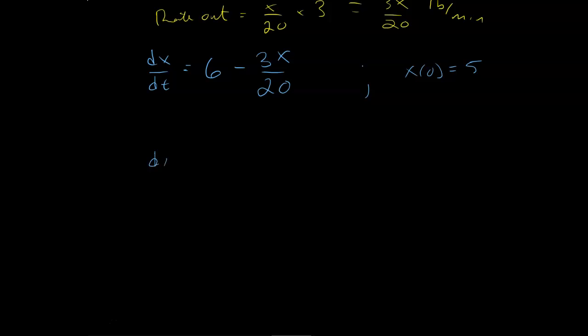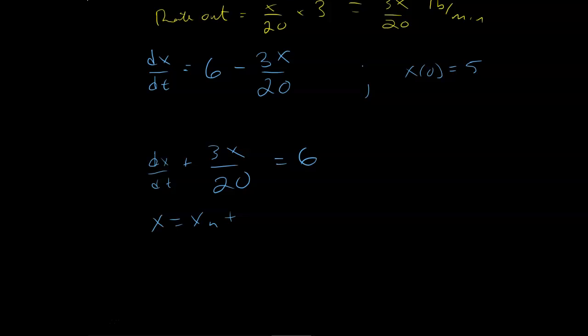So if you recall, we often write it this way. Now, in this particular problem, since these are both constants, I often think about the homogeneous solution. So x would be the homogeneous